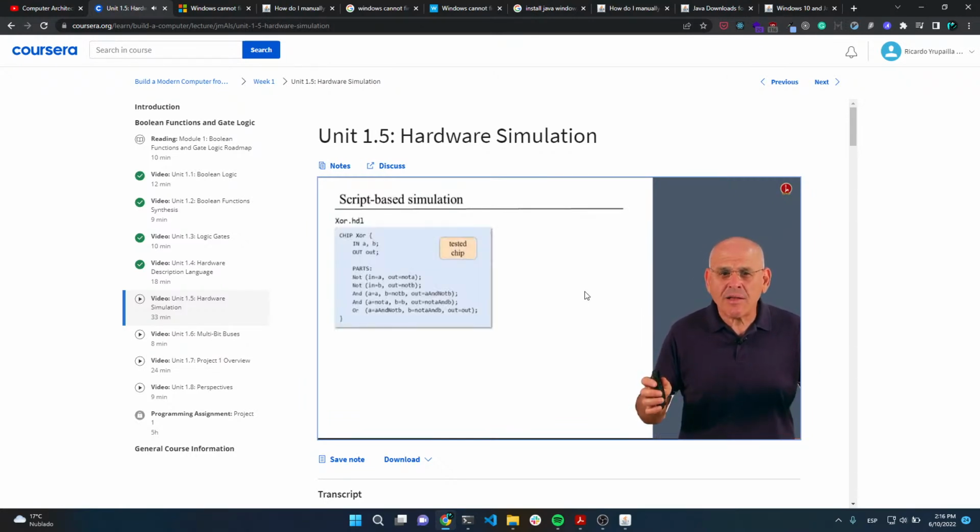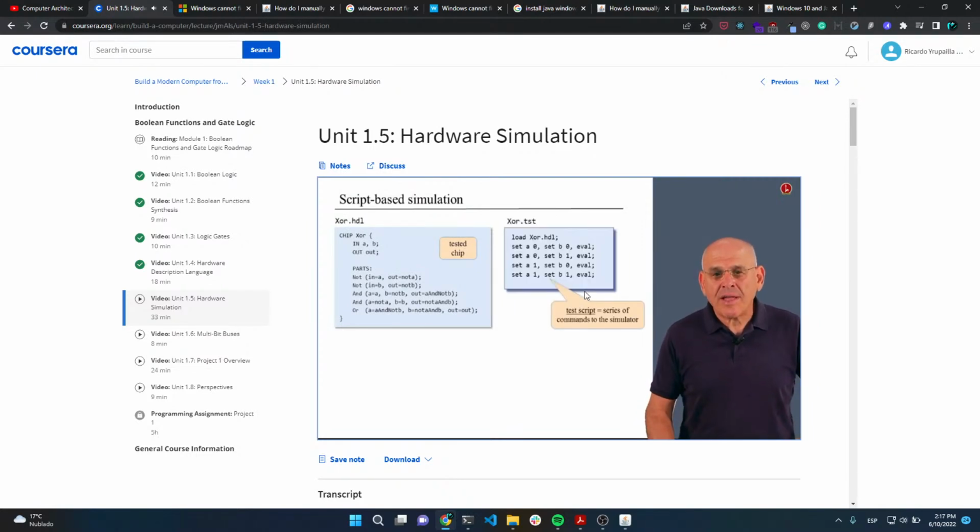And by the way, I allow myself to use the words chip and gate interchangeably. For me, a gate is simply a simple chip. So this is the tested chip, and here's an example of a test script designed to test XOR gate. Now, let us go through the test script line by line. The first command in the test script instructs the simulator to load the XOR HDL file